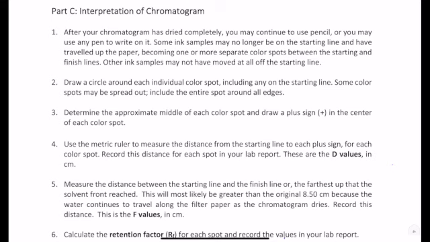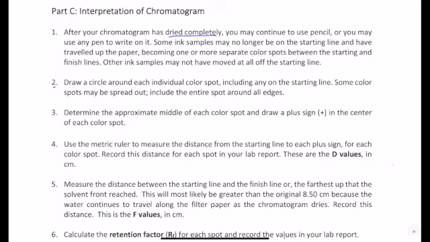So after you have the chromatography paper strips, you will interpret the information. You're going to wait until they dry completely, and from this point forward you can use any writing instrument. You can use a pencil, you can use a pen, because now you're no longer testing those samples. So the first thing you're going to do is choose one strip to look at, and you're going to see what